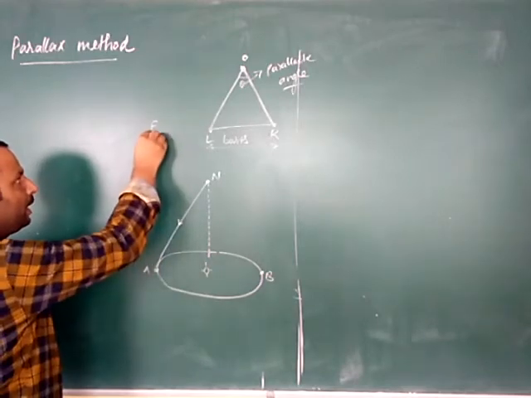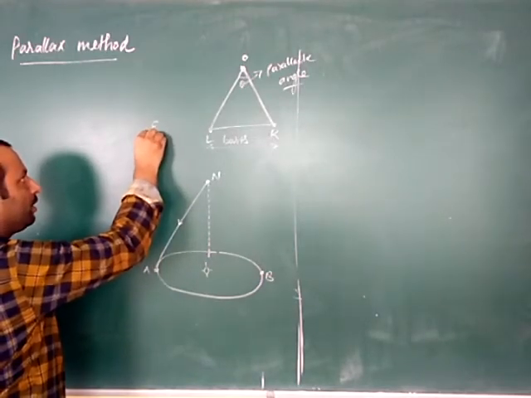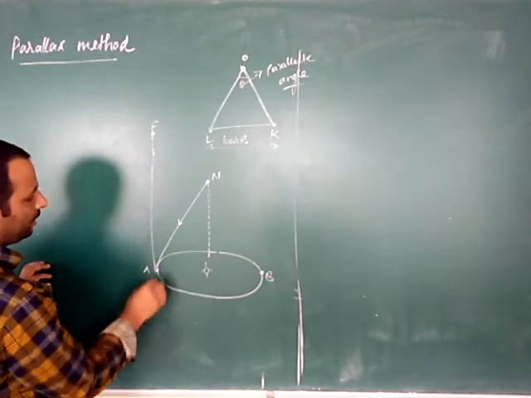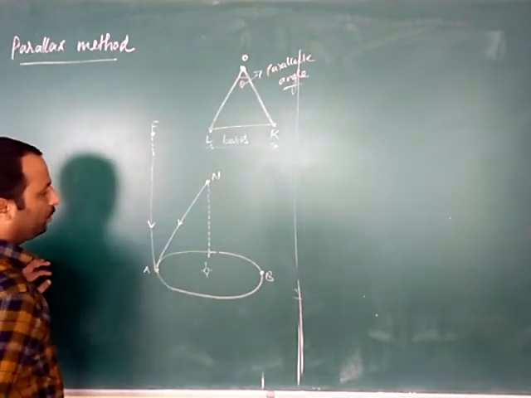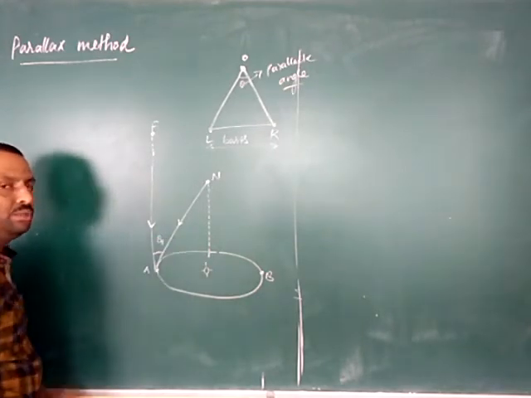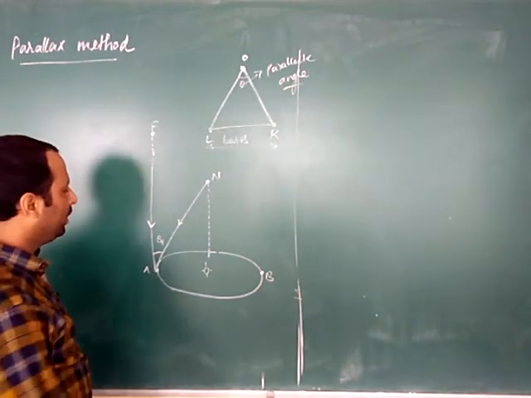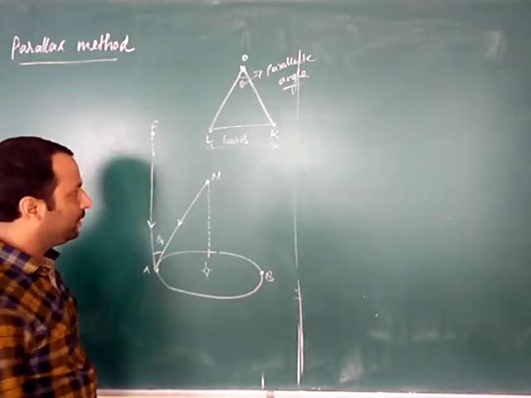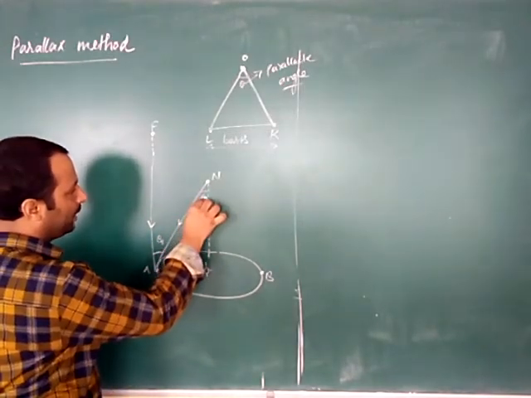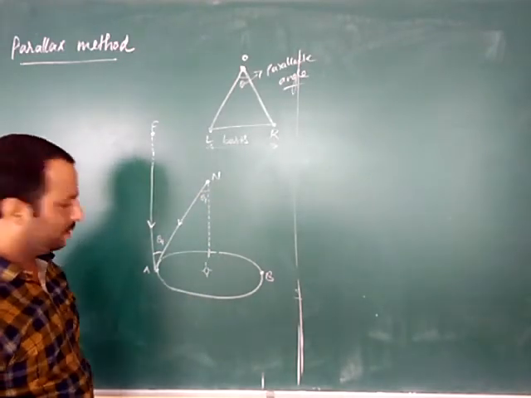And the star which is located far away, the light is also coming from that star and reaches the earth. So this angle is determined using an astronomical telescope. Let this angle be theta 1. If this is theta 1, what could this angle be? This angle is also theta 1.